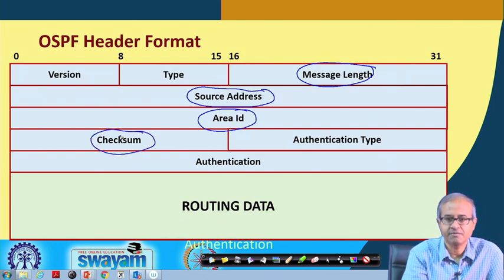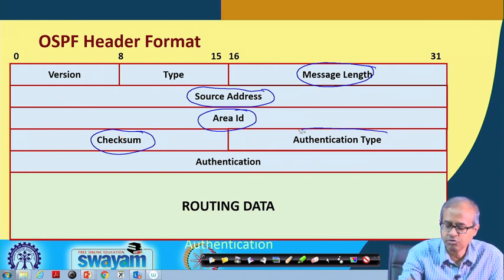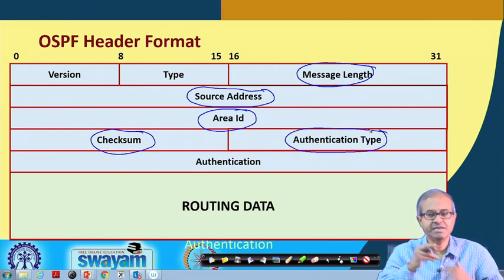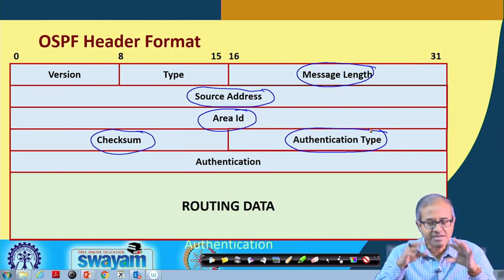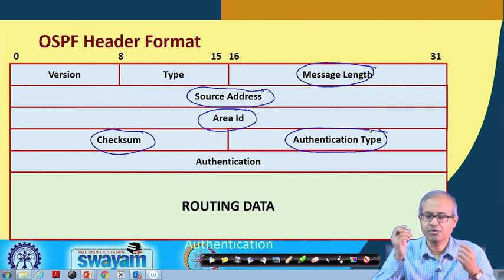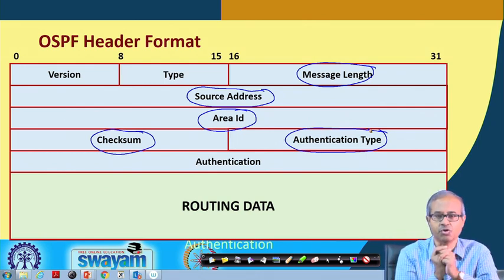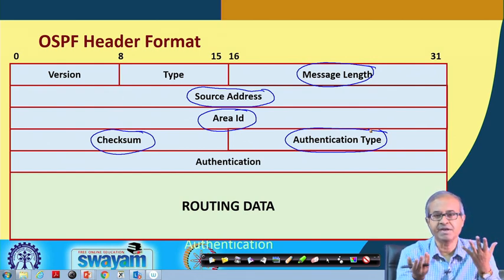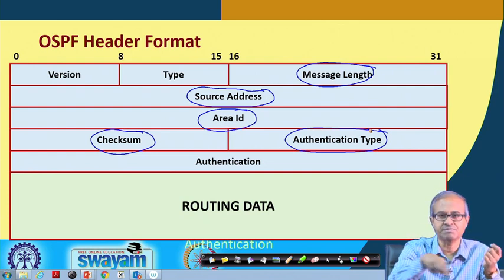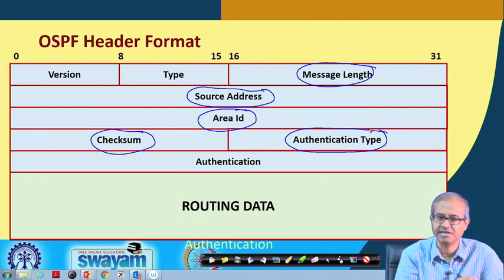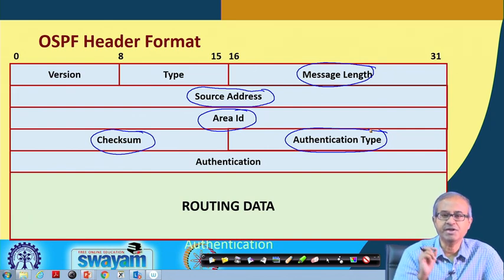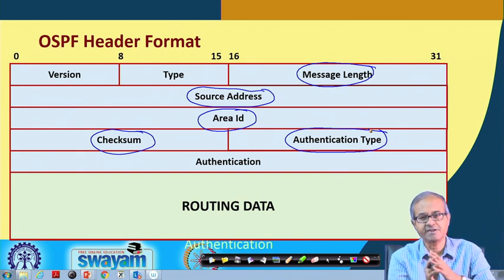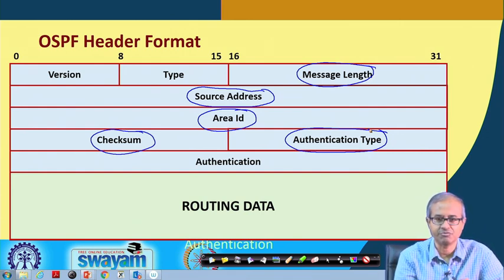And in this header information, there will be a checksum for error correction. There will also be an authentication type, because you see these packets are very crucial. Depending on these packets, the routing table will get updated. Well, if someone maliciously sends a wrong link state advertisement, then all routing tables might get updated in a wrong way, and packets might follow circular loops and never get forwarded in the right direction. That is why some authentication is required. Authentication means I must be sure that the link state advertisement is coming from the right router,